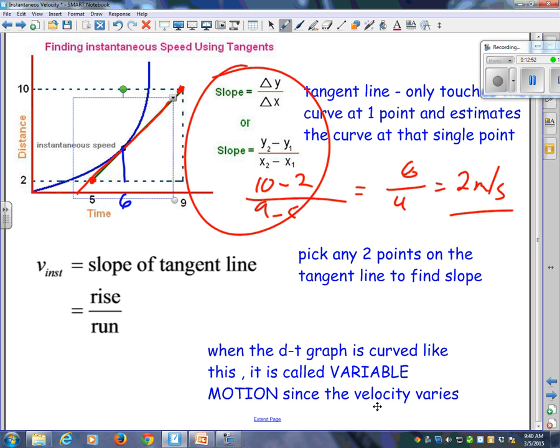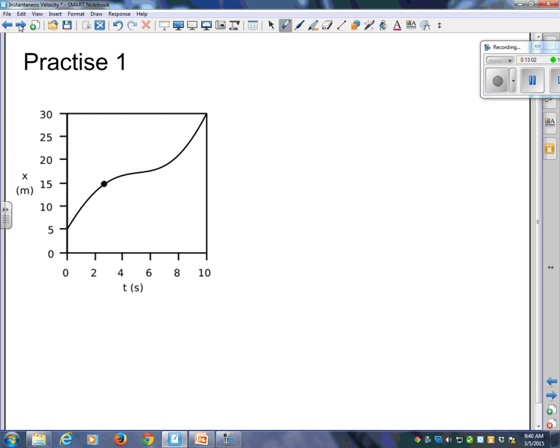Okay, you're going to have an opportunity now to practice this. Right now. On the next page, you should have this, do you? Yep. Okay, go ahead and tell me what's the instantaneous velocity at, I guess this would be,